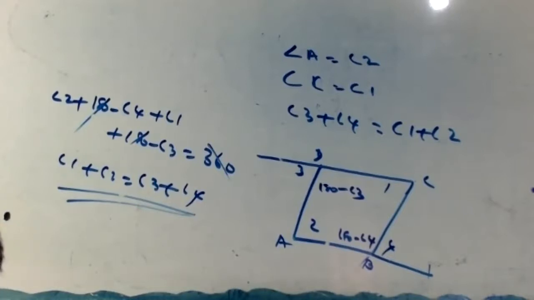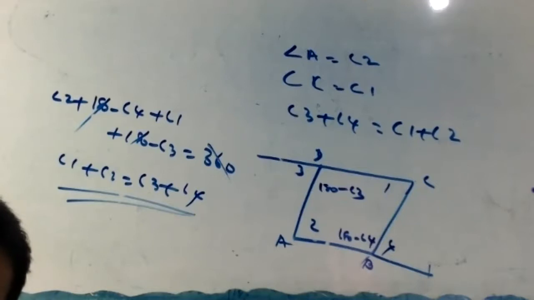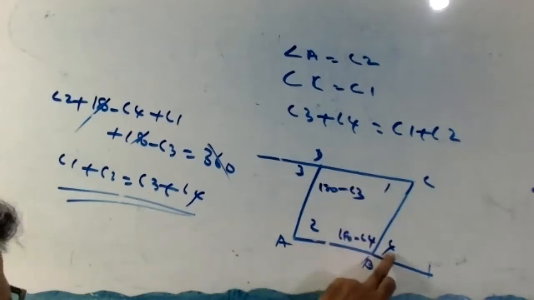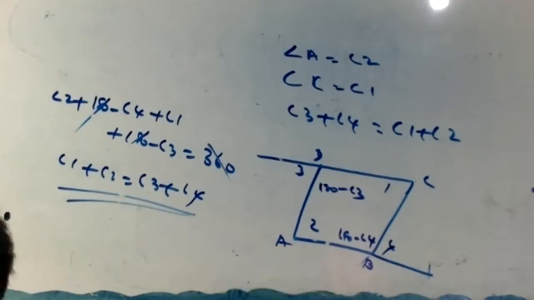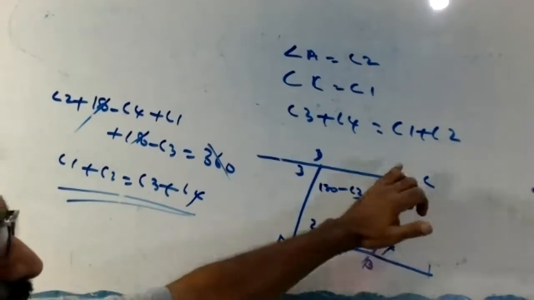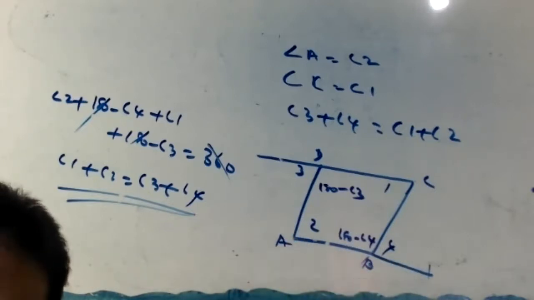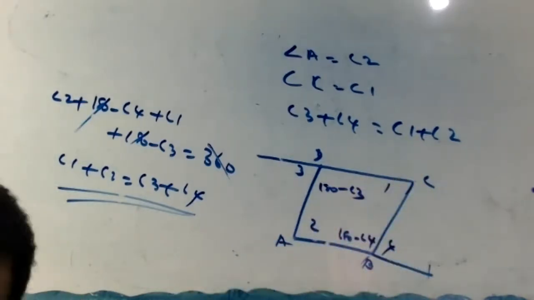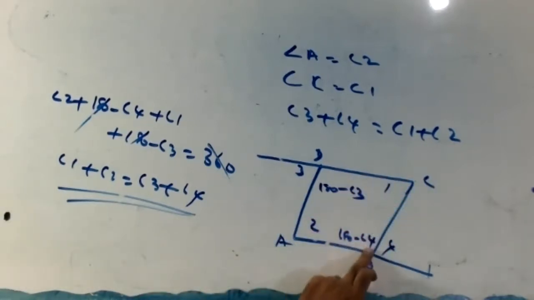This is the actual way. You have to write it with the proper reasons. Now, Lavanya, listen here. Angle 1 and angle 2 are already given here. Correct? Angle 4 is here. This is a linear pair. You can make it a big story. Angle ABC plus angle 4 equal to 180 degree, linear pair. Therefore, angle ABC is 180 minus angle 4.